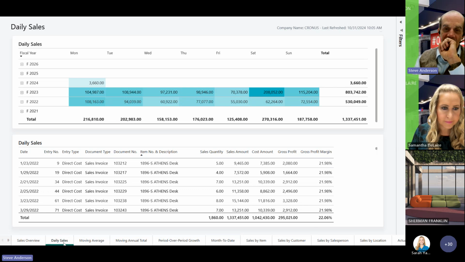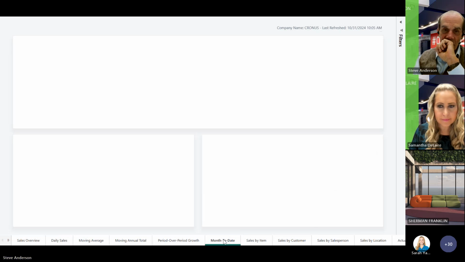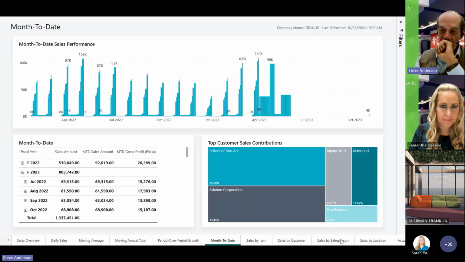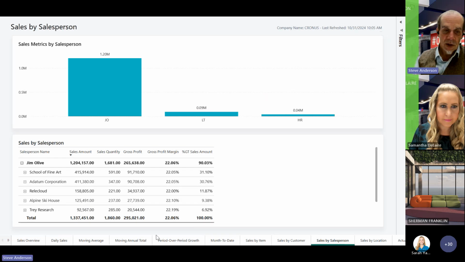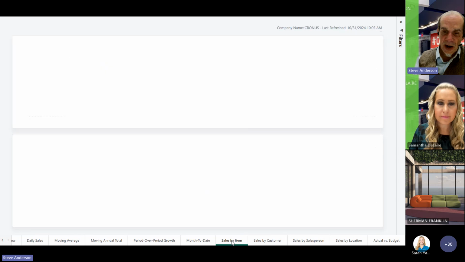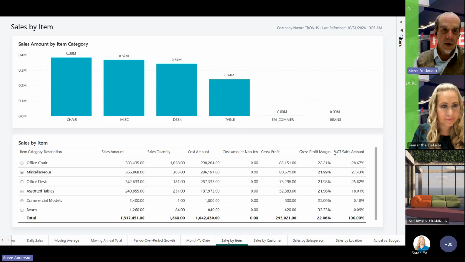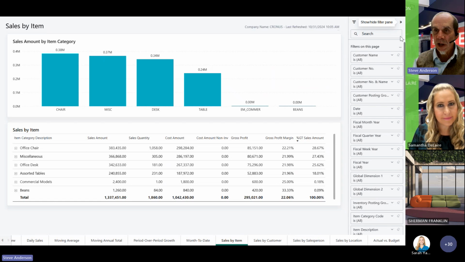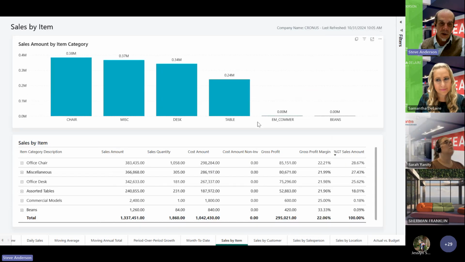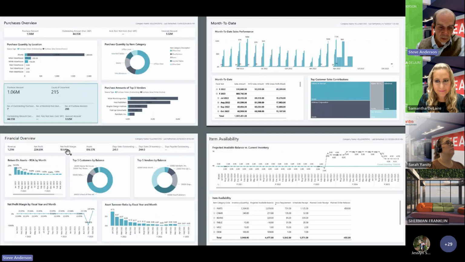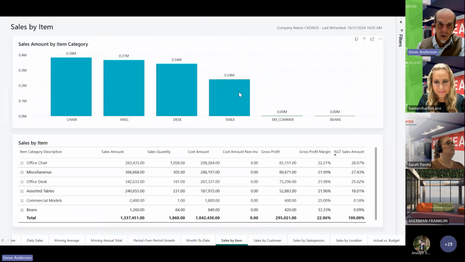You see here is this daily sales. You see some dates here. These are actual individual invoices going across where they put some margin in. You've got month-to-date activity, sales by salesperson. So you see there's quite a few different views here, sales by item. These are just good examples of data that's ready. Again, those filters are there, so if you want to filter down to a particular item, particular customer, whatever you want to do, that's all ready for you to go. We'll hit one more and then we'll wrap this topic up. Let me get back to